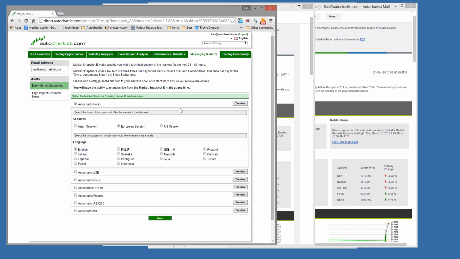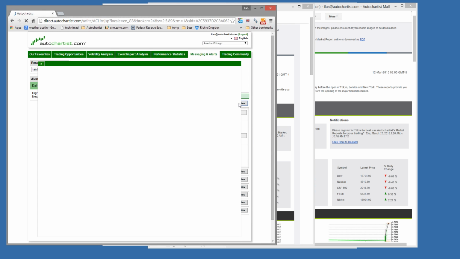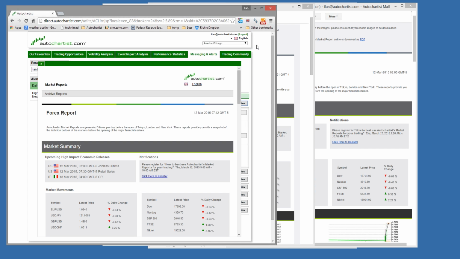subscribed. Of course, before subscribing to the report, you can actually preview what that report will look like, and by clicking the preview button, you will get a view of what the latest report that was published looks like. Now, what I'm going to show you is what this looks like in your actual email.